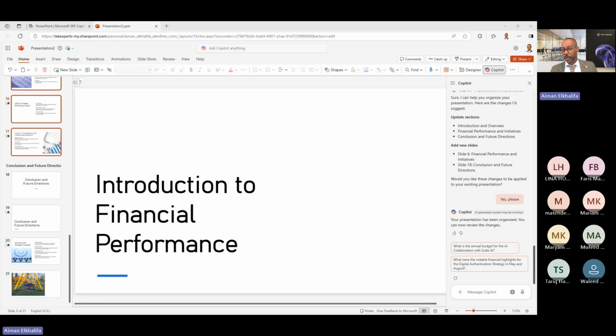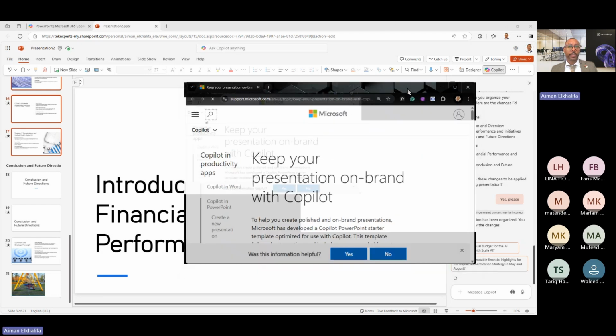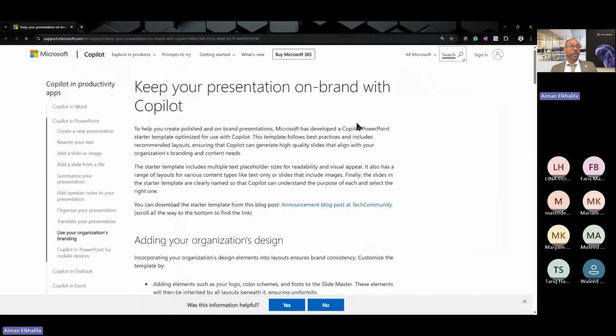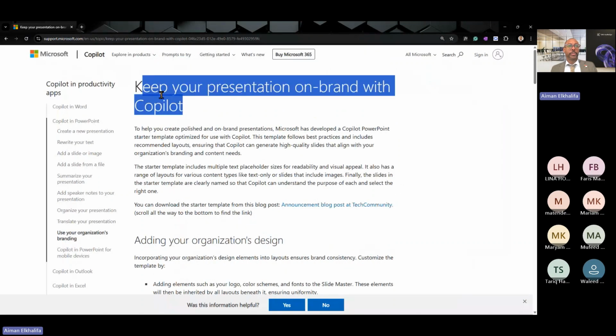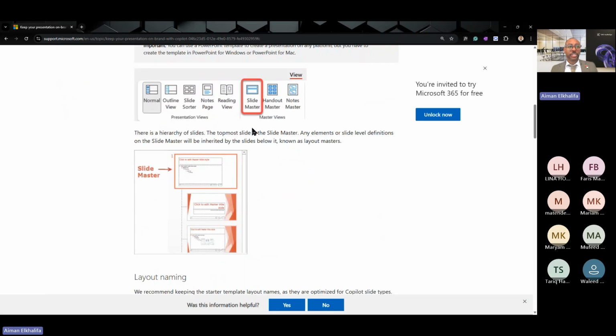Not our own branding, our own image library, right? I'm just going to leave you with a link that will walk you through, just in case you don't know how to create a template. There we go. So you can keep your presentation through Copilot on brand, but first of all, the design should